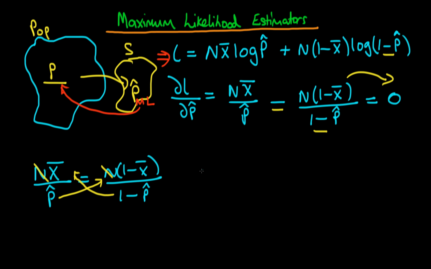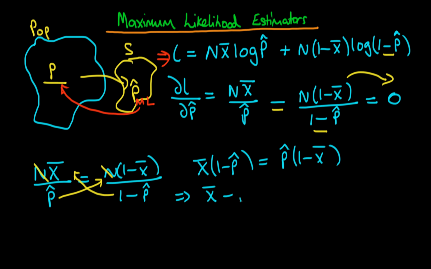Then we're left with x bar times 1 minus P hat is equal to P hat times 1 minus x bar, which implies that x bar minus P hat x bar is equal to P hat minus P hat times x bar. And note that we have P hat x bar on both sides here, so these are going to disappear, and we're left with P hat is equal to x bar. So our maximum likelihood estimator for the population parameter P just turns out to be the sample mean x bar,